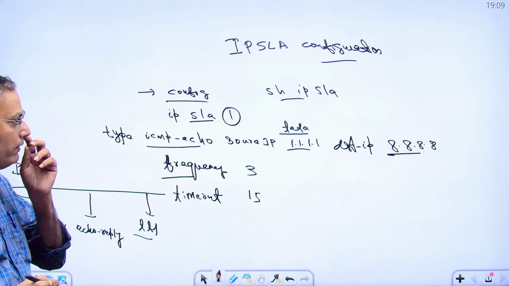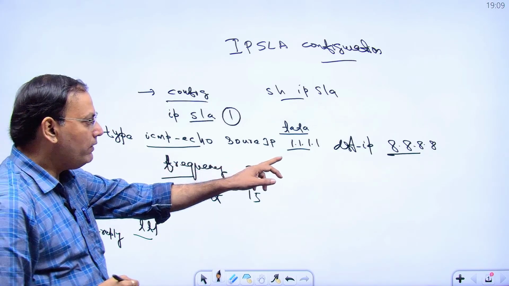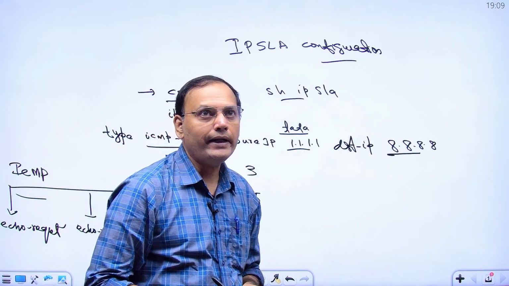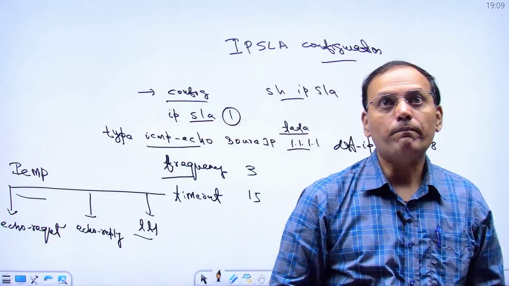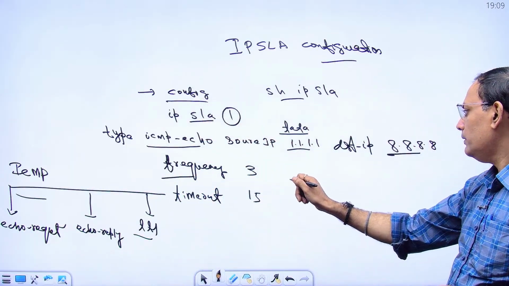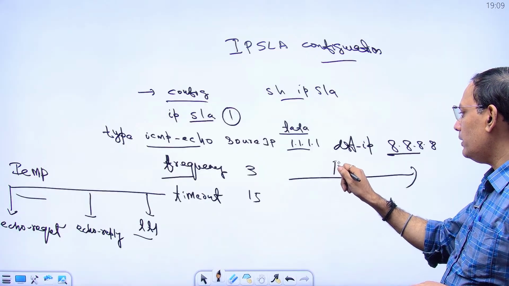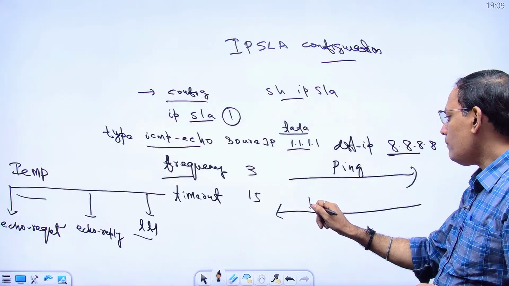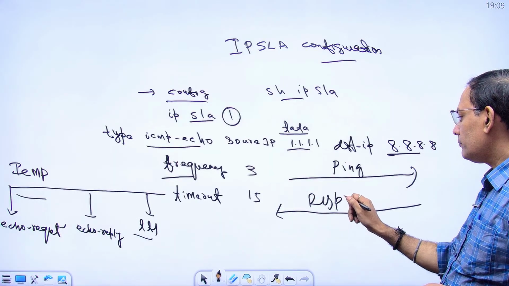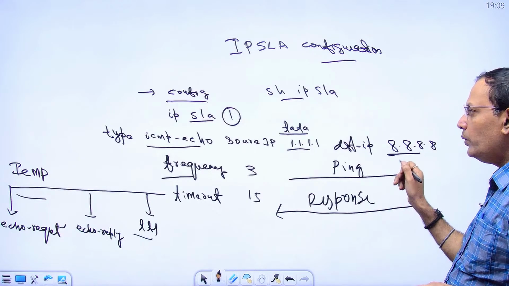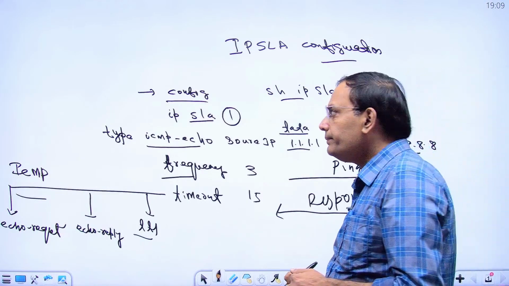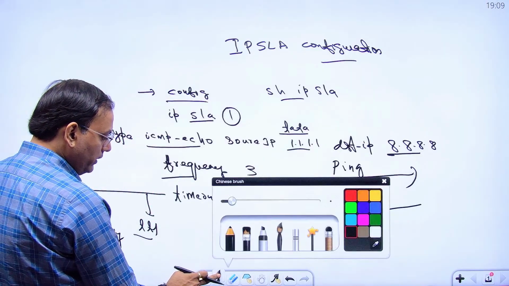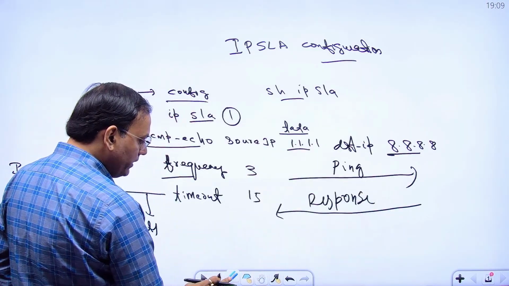So in every 3 seconds, what will happen? This source IP will send 8.8 Google IP 1 ping, and it will wait for the response from the Google side, right, on your router. So this is the first thing. I have configured IPSLA. There are 3 parts of the configuration. The second part is